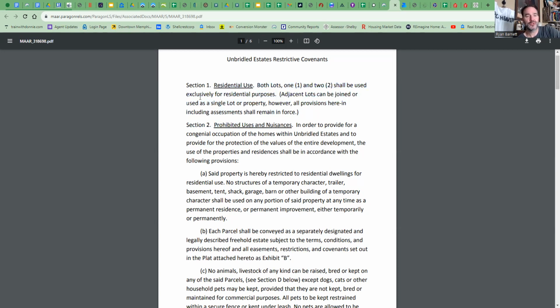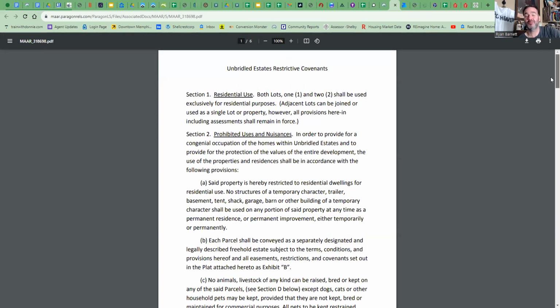Here, residential use. These are restrictive covenants, not necessarily the HOA. Just think of driving down a street. Do you want to live on a street where one lot has a trailer? They can do whatever they want. It doesn't have to be a trailer, but maybe a tent, an RV, 50 horses, 30 dogs. In this case, these are the restrictive